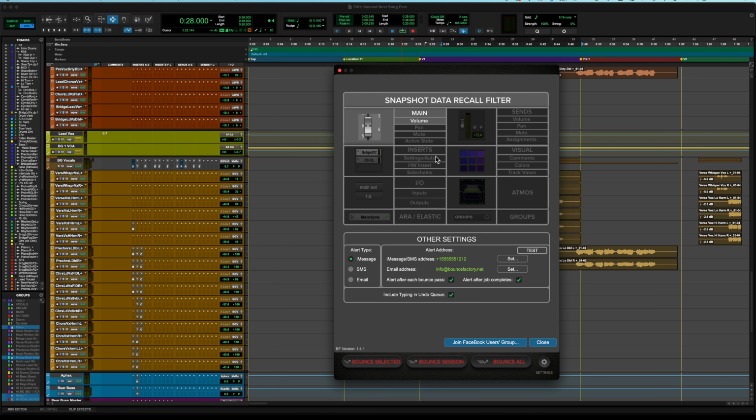So when you're doing this, what you would want to do is you take a snapshot for your main mixes, then change the volume, take a snapshot for your vocal up or vocal down or whatever it is. But then before you save the session, make sure you put the volume back how it should be for the main mix passes. Now, Bounce Factory will recall the volume for every single mix pass as it needs to be,